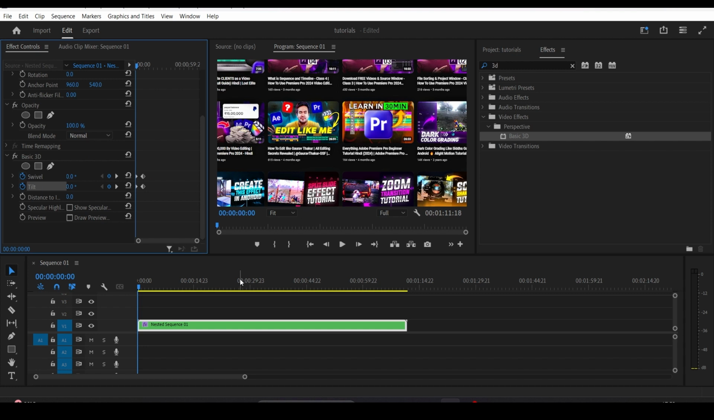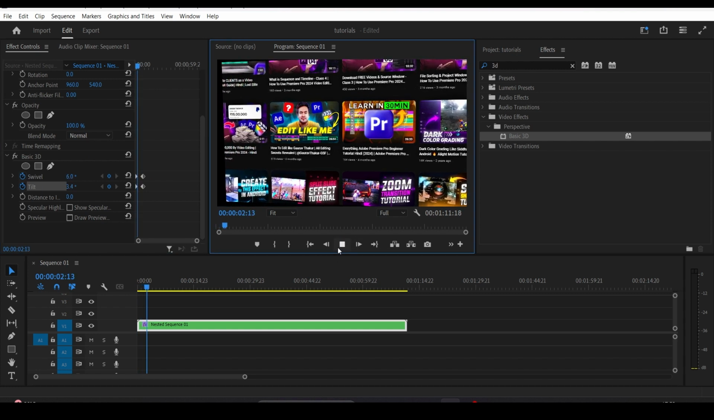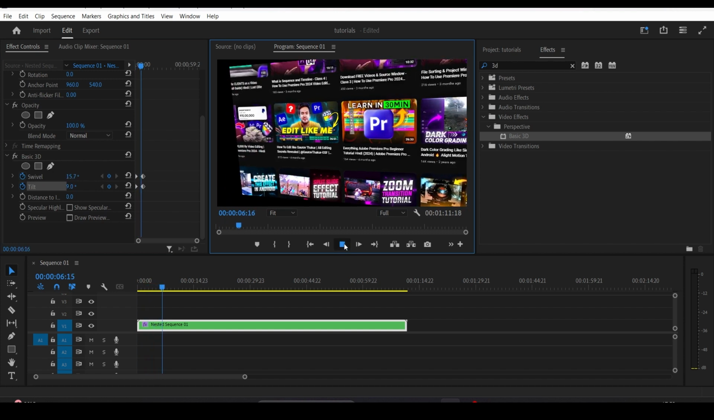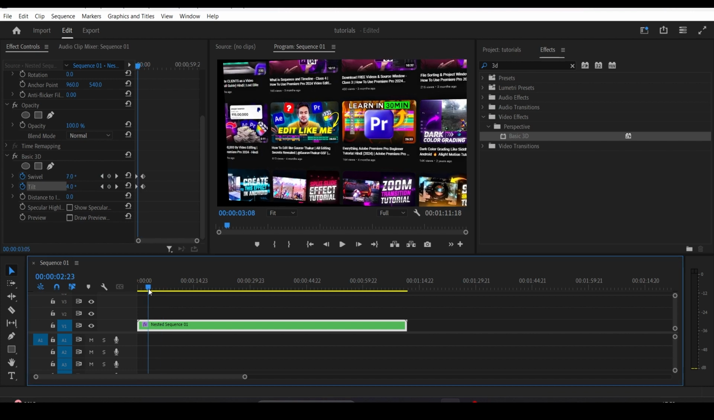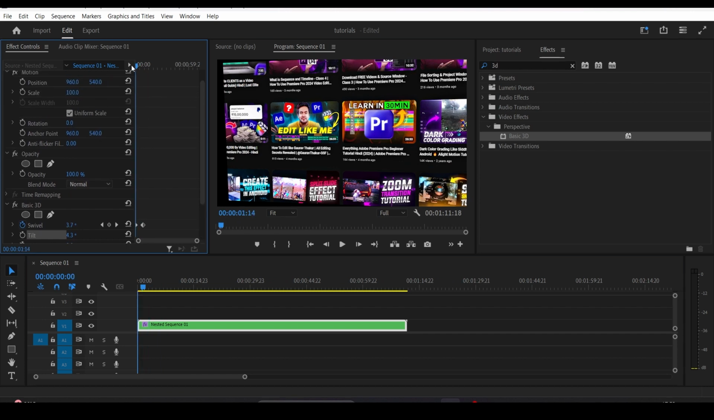And I have added some keyframe, and if I just play it you can see that it is giving a little bit of 3D effect, right? So you can just make it according to your requirement if you want to make it better and more good looking. So I will just advise you one thing: make sure at the same time go to the